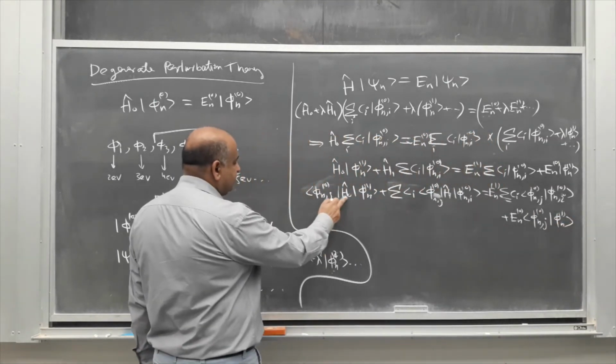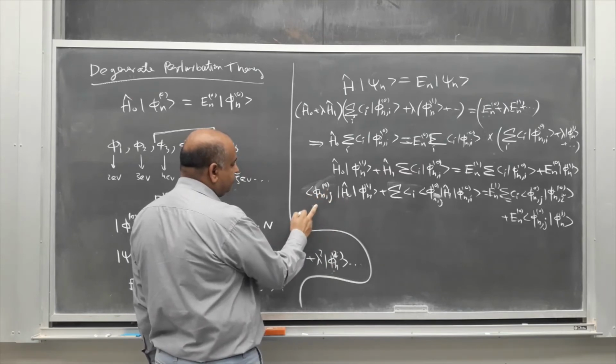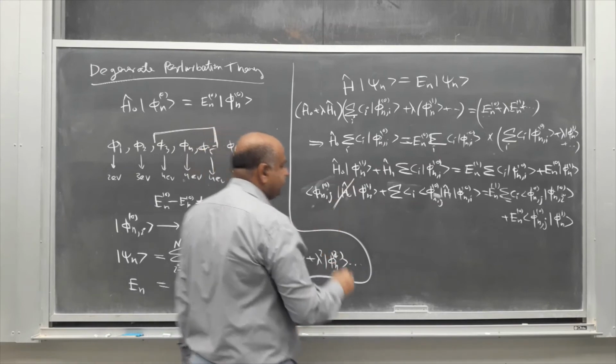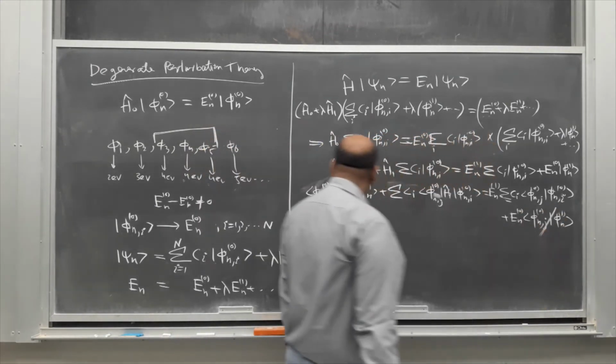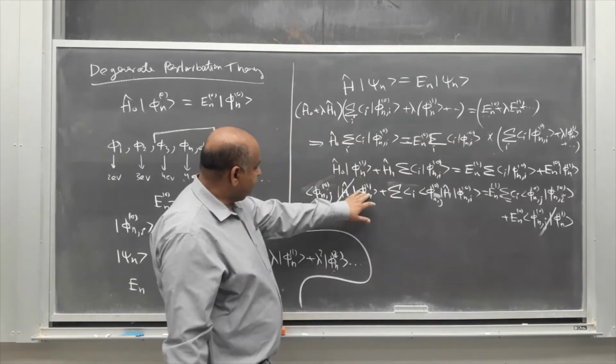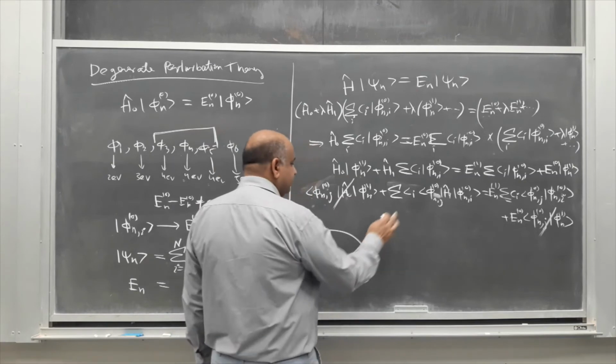Now when this h naught operates on this phi nj 0, we get En0. So this term then becomes exactly the same as this one. This has En0 phi nj phi n1. This will also have phi nj phi n1. So this goes away, and what I'm left with is this term,